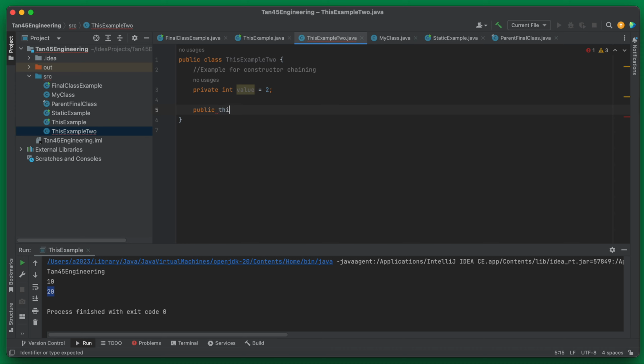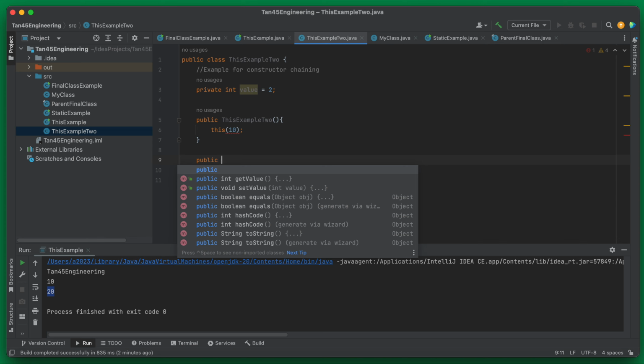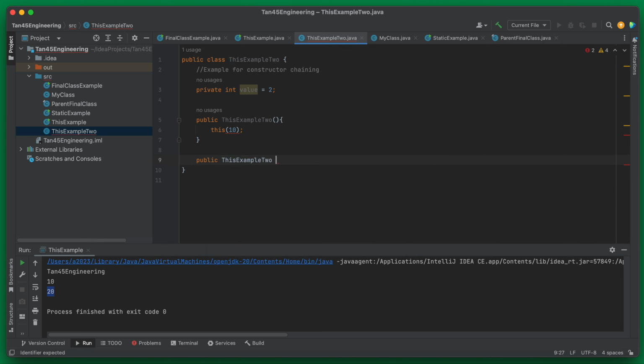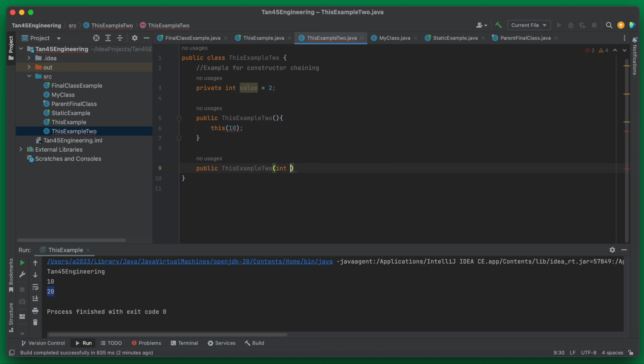Public ThisExample2. So we are creating a constructor, and now internally we are passing a value to this constructor. Internally we are calling another parameterized constructor of the same class. So let's create a parameterized constructor, ThisExample2(int value),